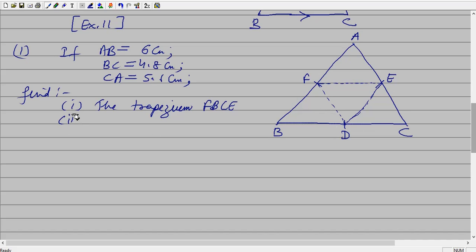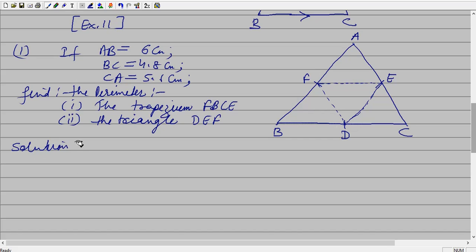Okay, second, the triangle DEF. What exactly do you want for the triangle DEF? Find the perimeter of it. I forgot this line, so find the perimeter. Okay, come to the point. So the solution is